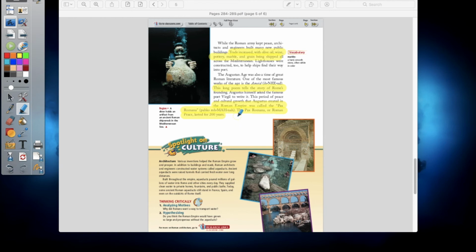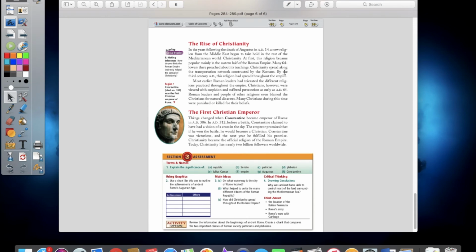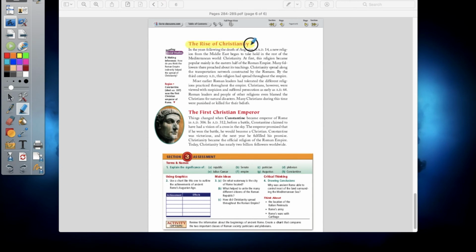However, even though the Roman Empire was so large and so powerful, things start crumbling away at Rome. Rome eventually does fall apart in the end. We're going to talk about some of the factors that led to that later on. But as Rome, of course, continued to grow, we start seeing a brand new religion popping up during this time period. We start seeing the rise of Christianity.